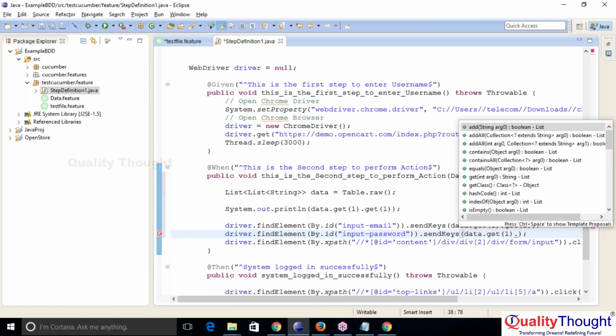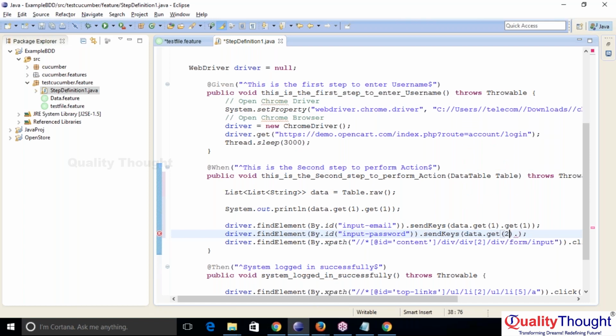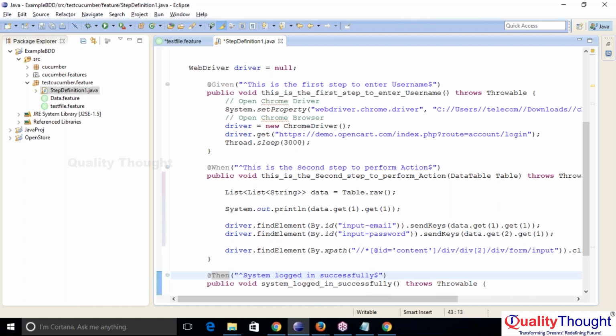Sorry, that is second row, right? Second row, first column, third row, first column. Maybe password, login button. Okay. Now,